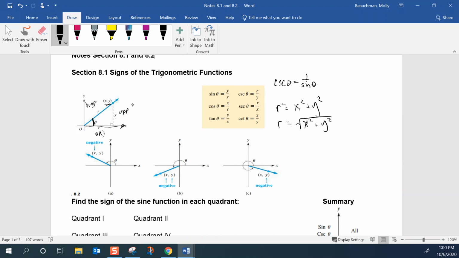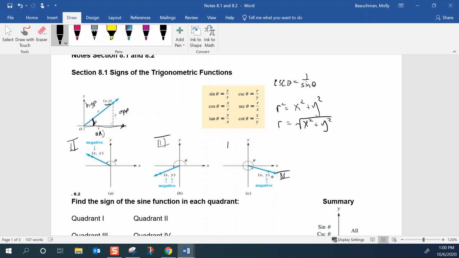In the second quadrant, so this is quadrant 2, the x-coordinate is negative and the y-coordinate is positive. So the values here that have x are going to be negative, and then the values involving just y are positive. We don't pay attention to the r, because r is just the length, or the distance between 0, 0, and xy. In quadrant 3, both x and y are negative. So if you notice, y divided by x is going to end up being positive in the third quadrant. And in the fourth quadrant,